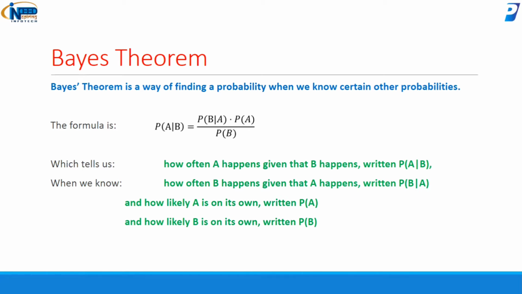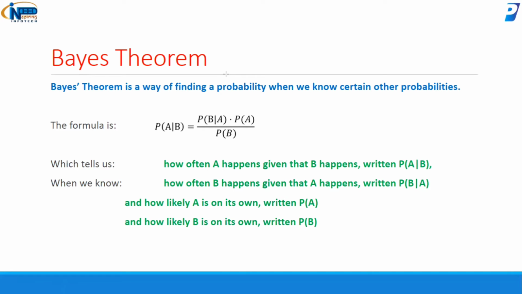We are going to discuss the Bayes theorem. Bayes theorem is a way of finding a probability when we know certain other probabilities. Okay, so conditional probability, you have seen that it is finding probability of an event given some other event has